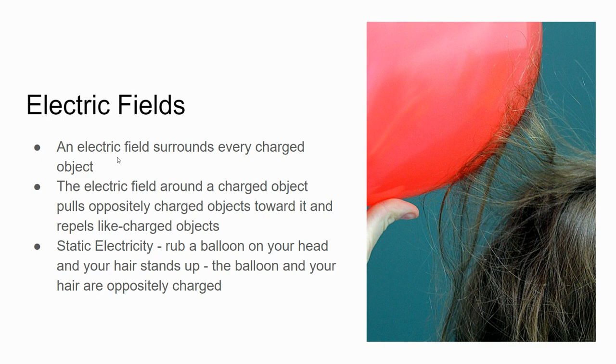And then we have what's called static electricity, and you can see the effect of this. If you've ever taken a balloon and rubbed it on your hair, it looks like this person's hair. If you've ever gone to COSI and touched that really big thing there, and then all your hair stands up, and you can hold someone's hand and their hair stands up, it's because electricity is running through your body. It's not hurting you because there are different types of electricity. That's really exciting, but you can see the electricity there.